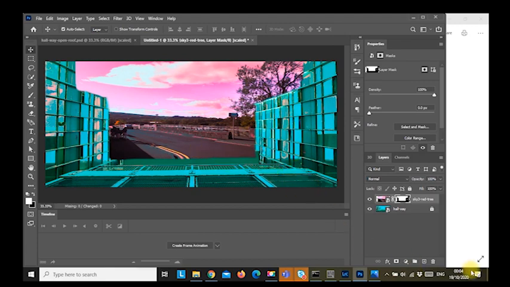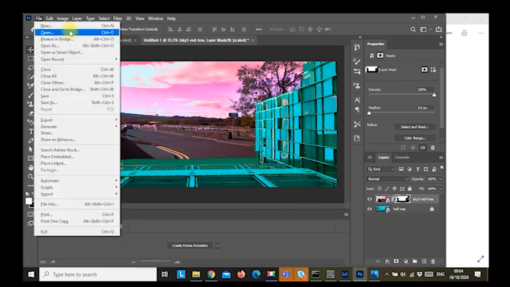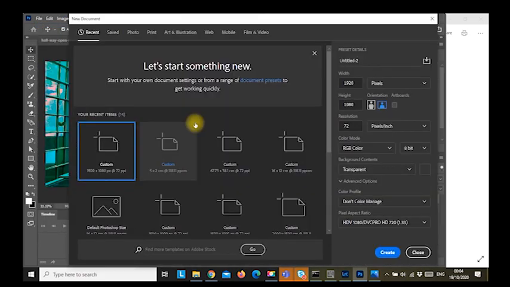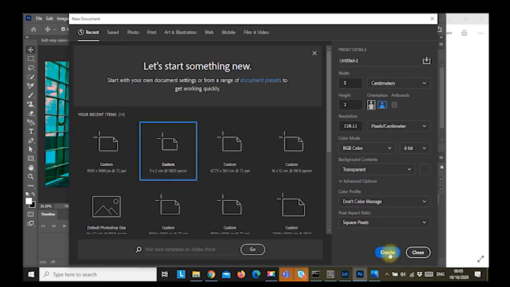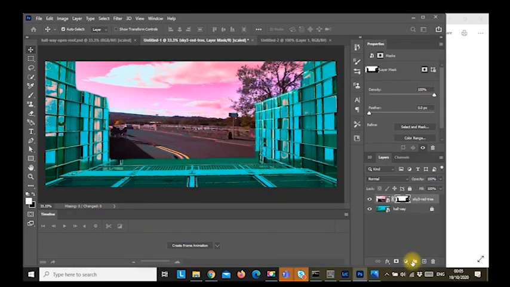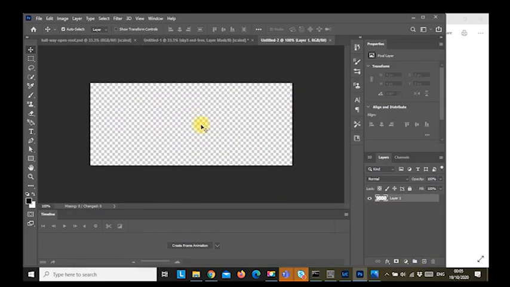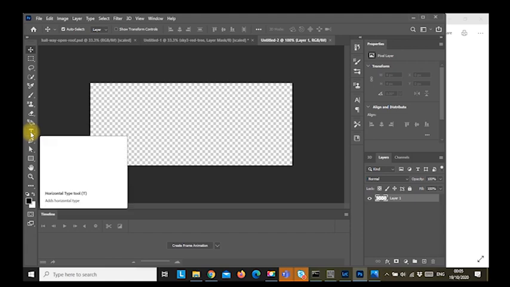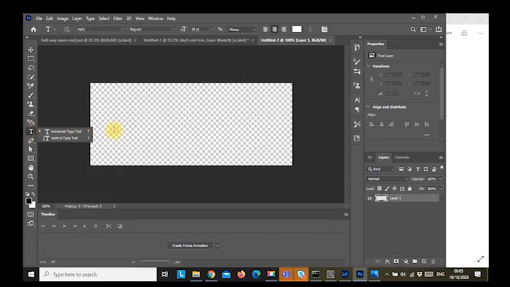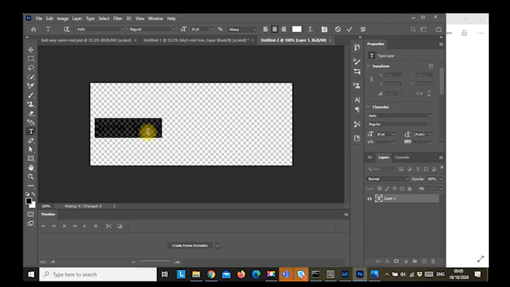So let me show you how to design a watermark that we're going to place on this image. So first of all, we have to go to File, we create a new file of any size you want. Like I can use this 5 by 2 centimeter. I just need a very small size file. So now that we've created that size, you just go to your type tool, and you could type whatever. Like in my own case, I'm going to type my company name,